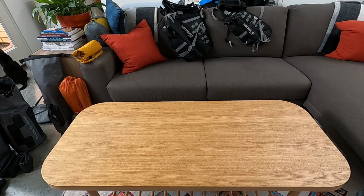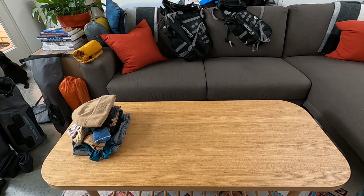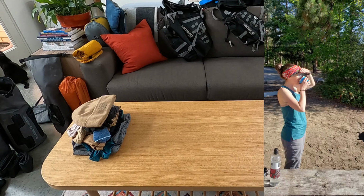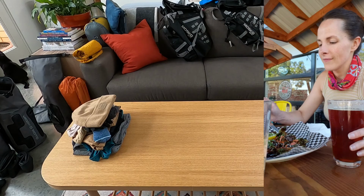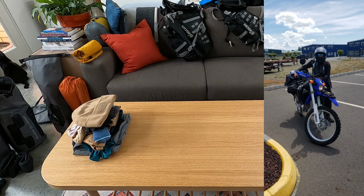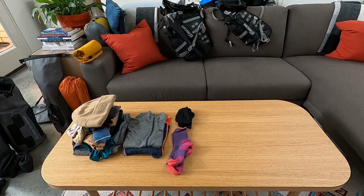All right, and then next I will go over clothing and toiletries. I brought an extra trail outfit besides the one I started on the trail with, an extra tank top and pants, extra underwear and socks, plus a beanie. I also brought a pair of shorts and a tank top for town as well as a swimsuit. We both carried a pair of flip-flops on the outside of our luggage, sleep top and bottoms, sleeping socks, which